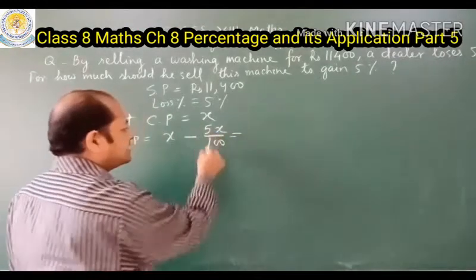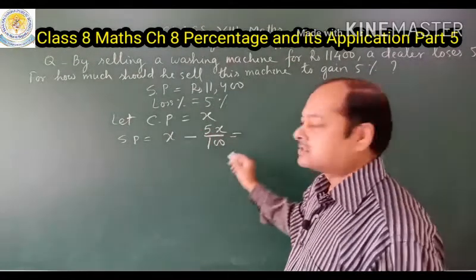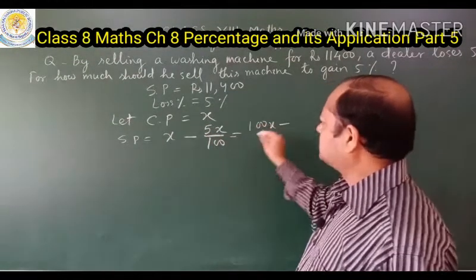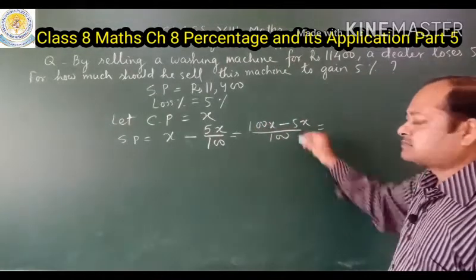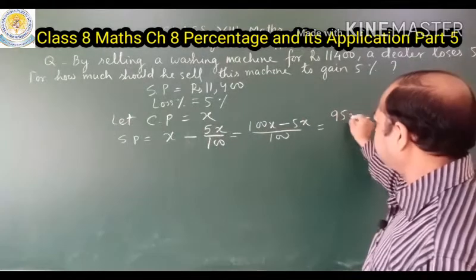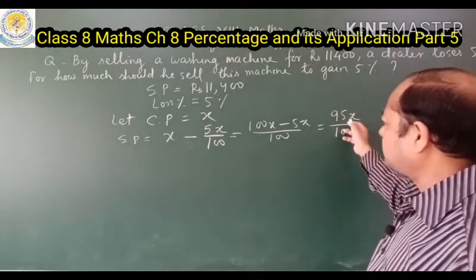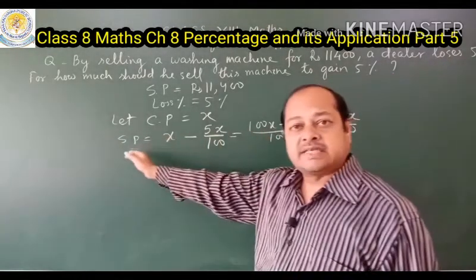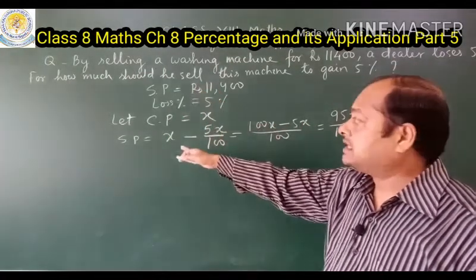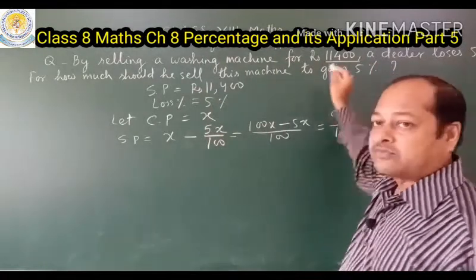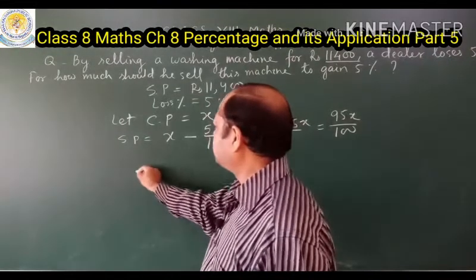Let's find out. x minus 5x upon 100. So 100x minus 5x upon 100, that is 95x upon 100. So 95x upon 100 is equal to the selling price when the cost price is x. But in this question the selling price is given as 11,400 when the loss is 5%. So we can write here,